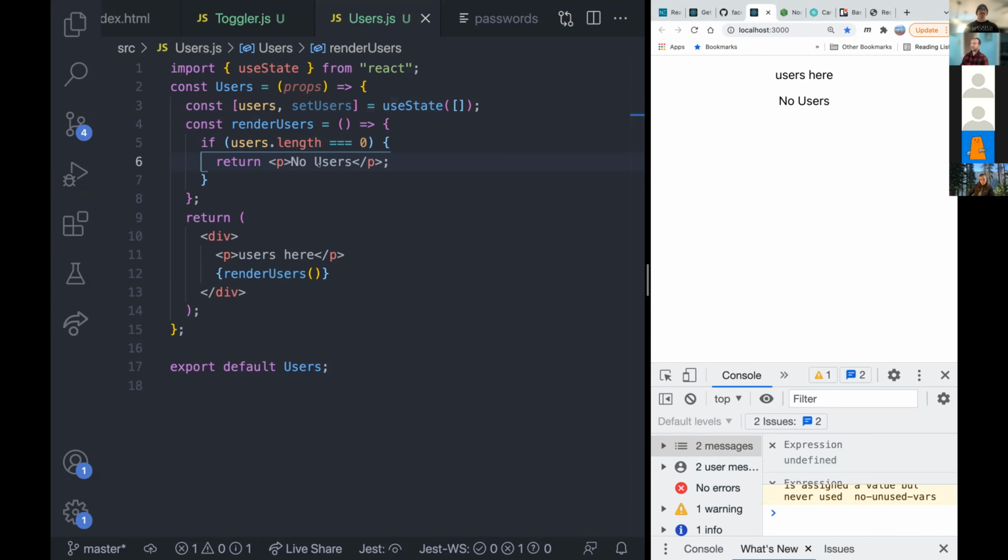All right. We're going to talk about another hook. This is called the useEffect hook. Because what we want to do is when the component mounts, i.e. renders to DOM,